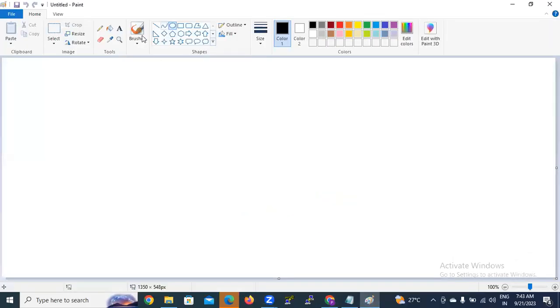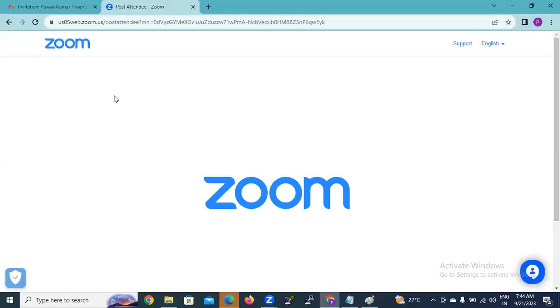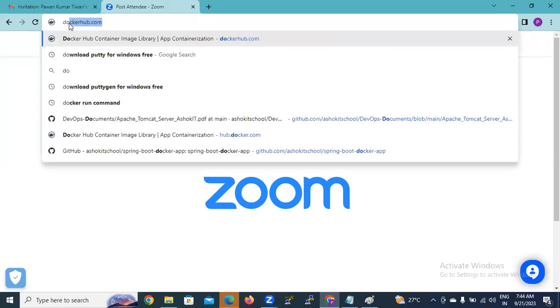Here, the Dockerfile, what happened? With the help of a Dockerfile, we will create a Docker image, and the Docker image will contain your source code and all your dependencies. It is a combination of that. Okay, and as we have already seen, we have a lot of images available in Docker Hub,